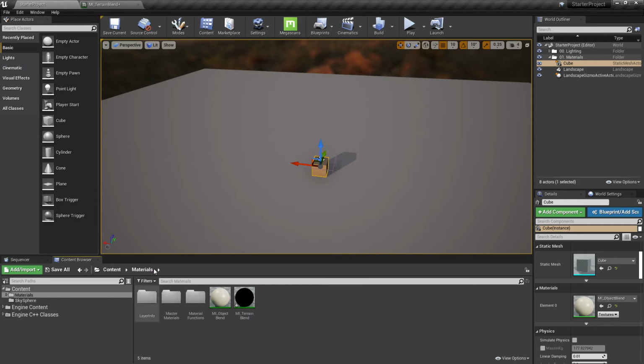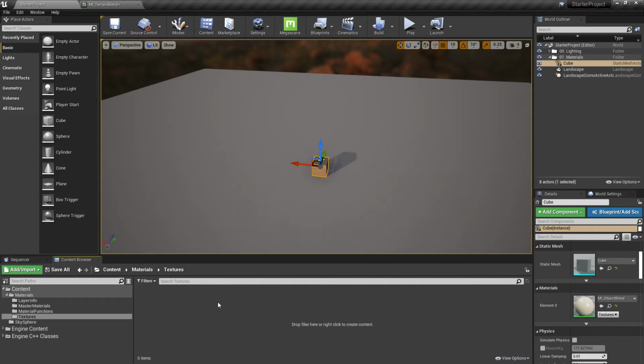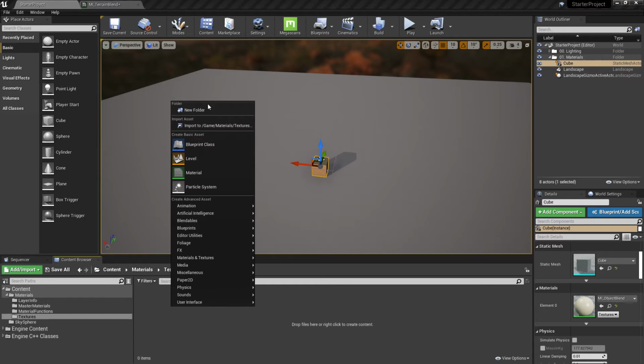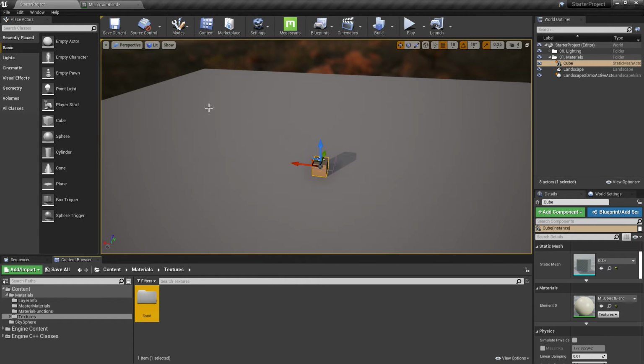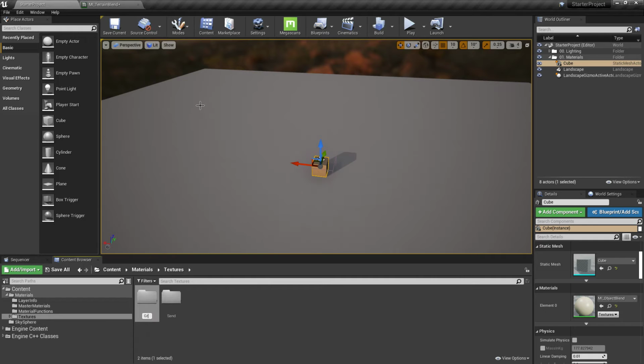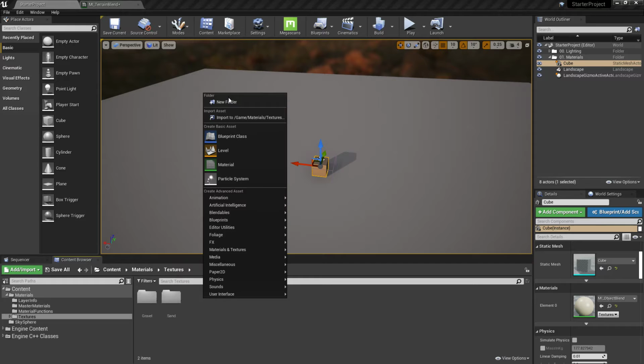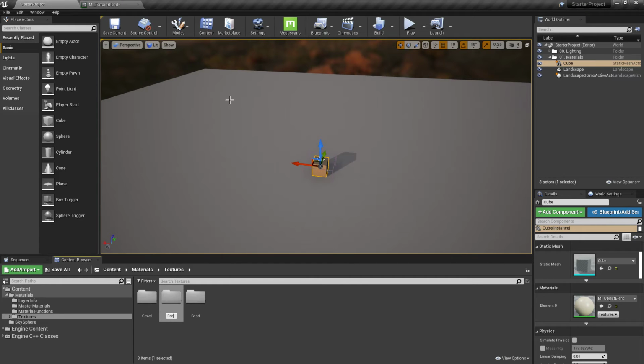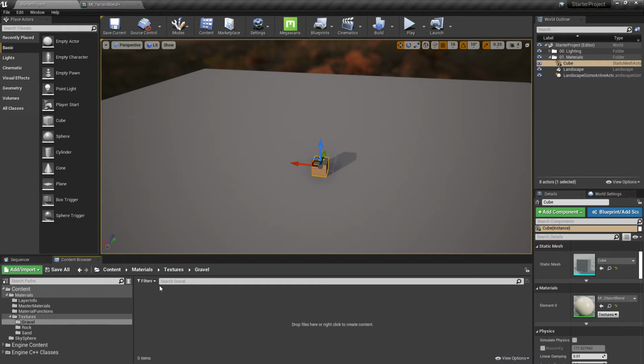and start to import all of those textures. So in the materials folder, I'll create a subfolder here. We'll call it textures. Then I'll open it up and create 3 folders in that. One called sand, one called gravel, which is the sort of rocky, and the next one I'll call rock, just so that I know what they are. I'm just doing this quickly. Let's import those now. So gravel,